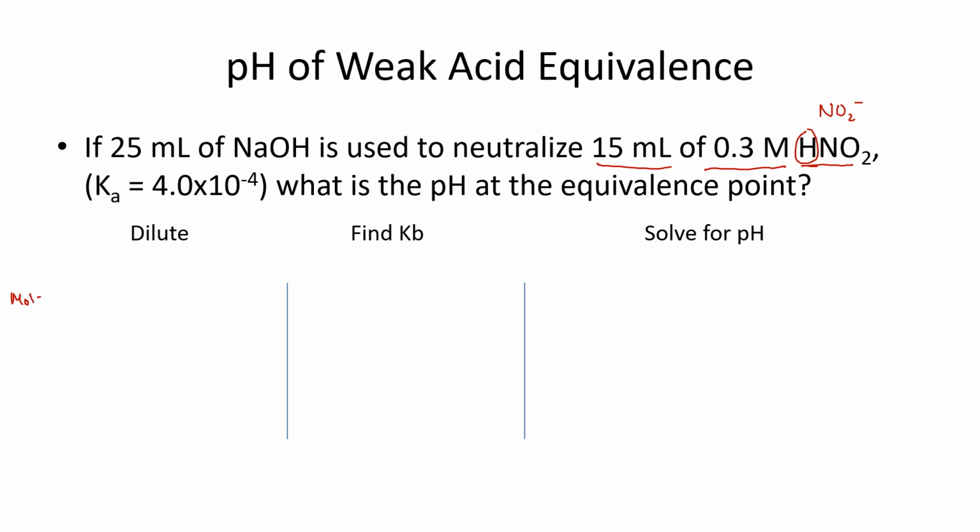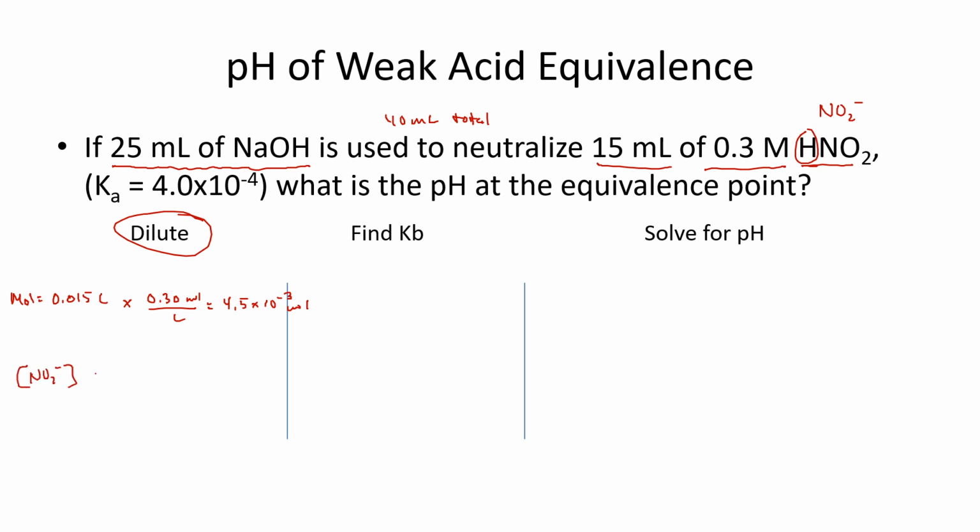So I'll say moles equals 0.015 liters, that's the 15 milliliters, times 0.30 moles per liter. And that comes out to 4.5 times 10 to the negative 3 moles. Now we're going to dilute that, because in order to neutralize that, we added 25 milliliters of this base. So the total volume then is going to be 40 milliliters total. Right? So the concentration of NO2 is going to be this many moles,